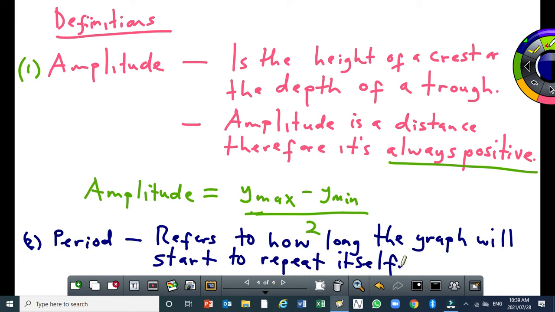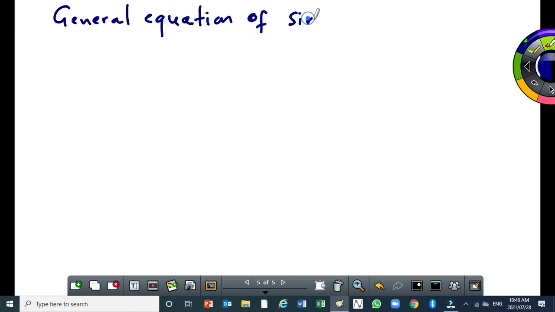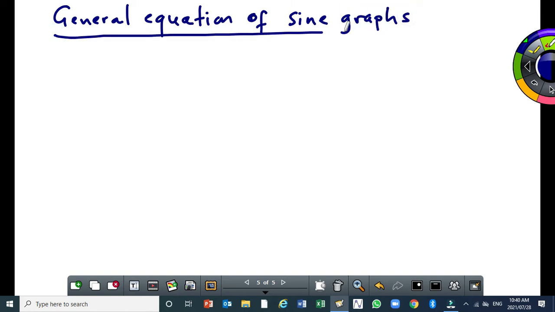Then let's move on to the general equation of sine graphs. So let's write a new heading: general equation of sine graphs. If you look here, I have written sine in terms of the full word for sine. So the general equation is